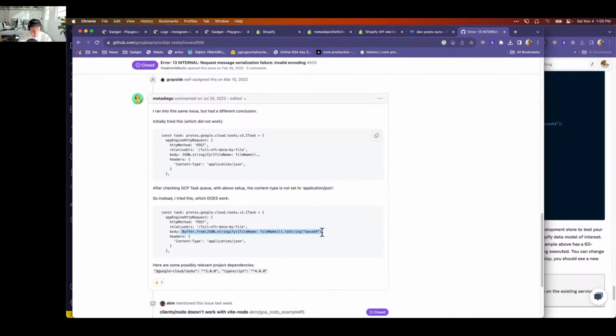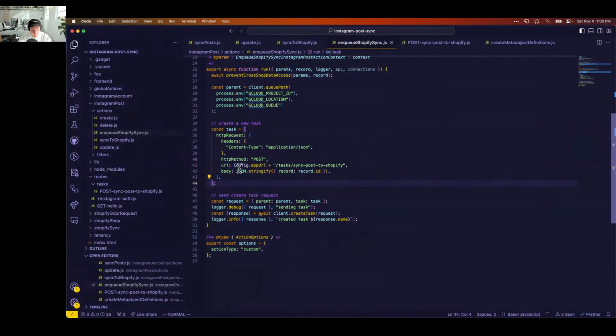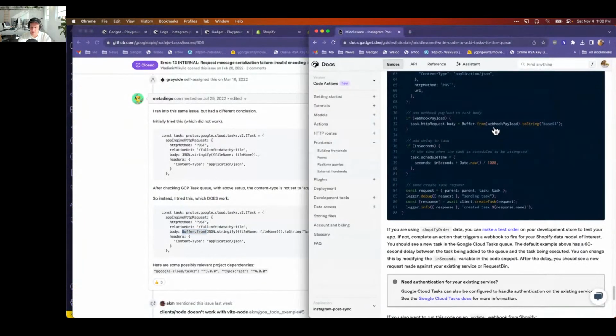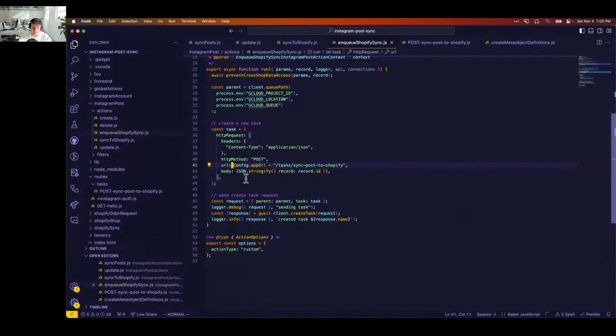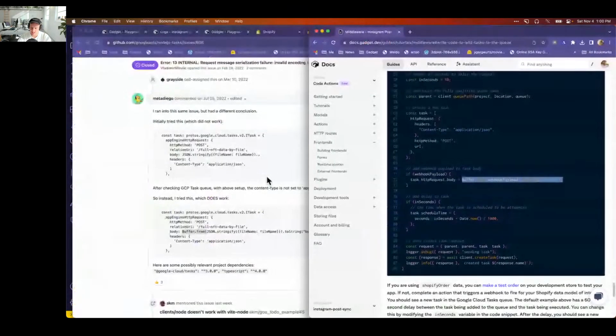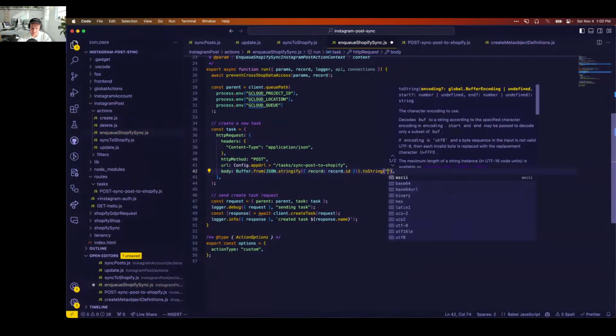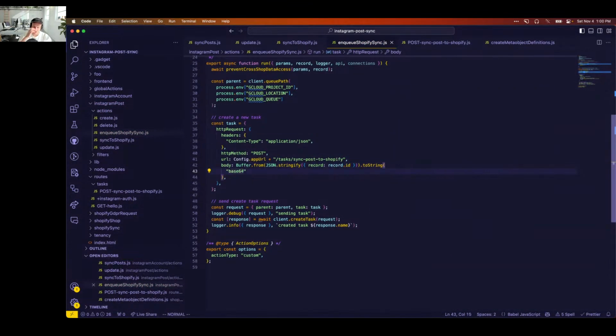You have to... Okay. I think I saw that in Riley's tutorial, and I was like, what the heck is this for? This seems totally unimportant. I was wrong. So the way I interpret that GitHub issue is to say, Google Cloud, when you pass the body, you don't just pass a body, you pass a base64 encoded version of